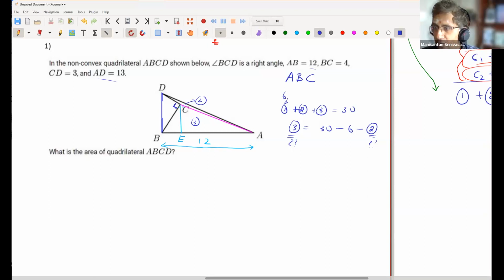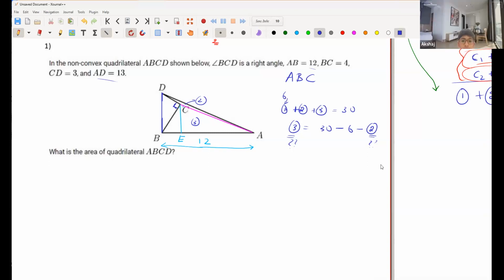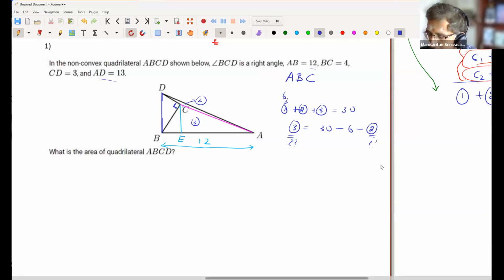Okay. I'm going to call Akshaj to explain why they are similar, because he didn't admit that he did not know. Akshaj, why are these two triangles similar? So there's a 90-degree angle, so the 90 is common. The side BC is common between both the triangles. And therefore the third side is also similar, DB and